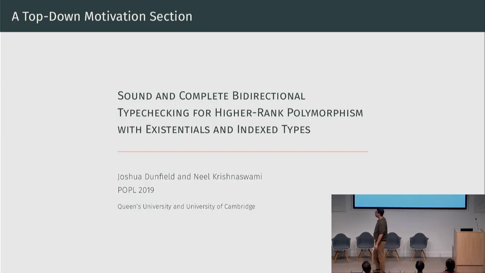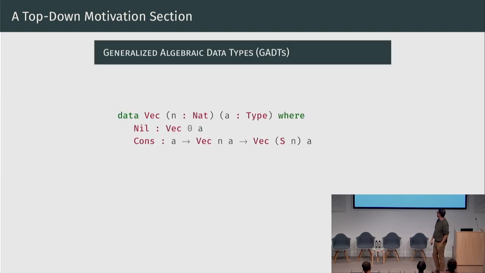Let me give you an example. This is a paper that my co-author, Jana Dunfield, presented with me at POPL 2019. It has a very long title, but it's fundamentally about type inference. I'm going to tell you a little bit about it so that you can understand the shape of one of these motivation sections. I'm not claiming that this is a perfect talk, but I want to show you a real talk,